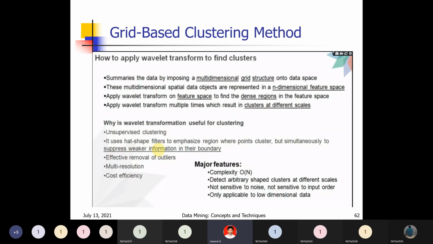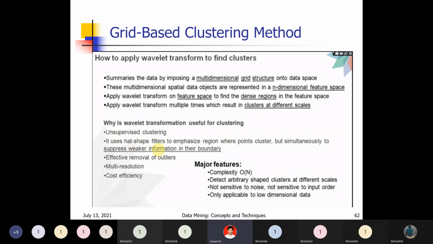The part of the hat shape in the y-axis where you get the higher value is nothing but high density value. Where you get a lower value along the x-axis, that is the lowest value. In that way you can divide the data into low density and high density. When you get low density, you remove that part. When you get a higher y value, that is high density, you take that part. In that way you can divide the data.